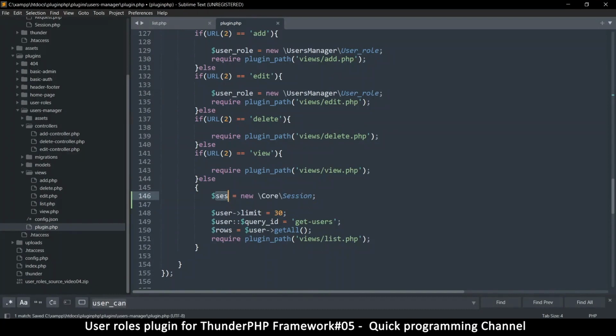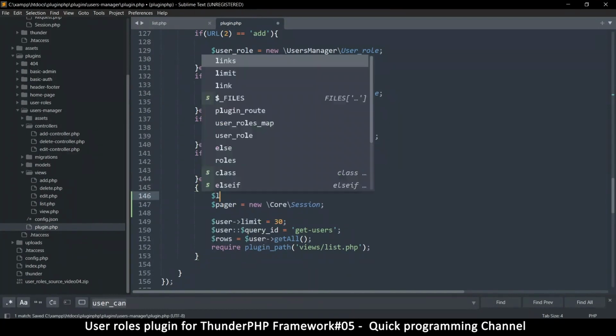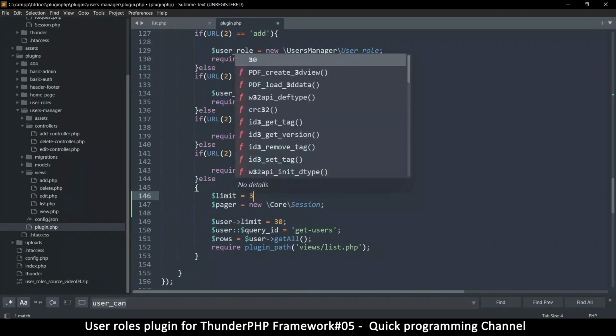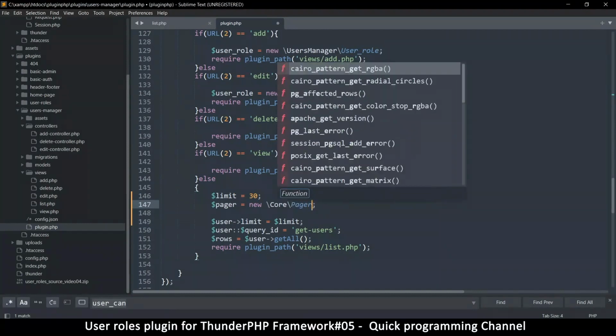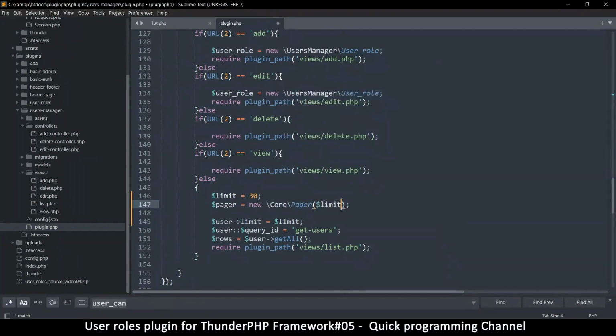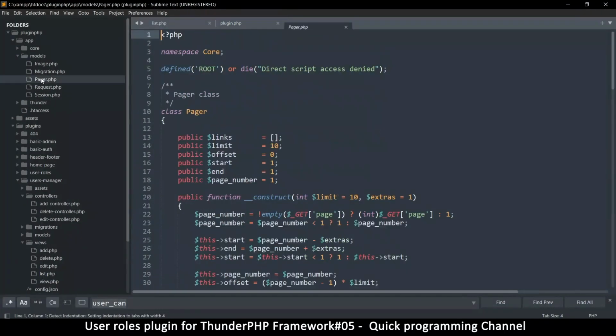So here I'm going to say pager, but I'm going to set a limit equal to 30 as a variable. That way I can use that here instead. And then when I create a new pager, I can supply the limit number there, because if you remember, in the class when we created it,